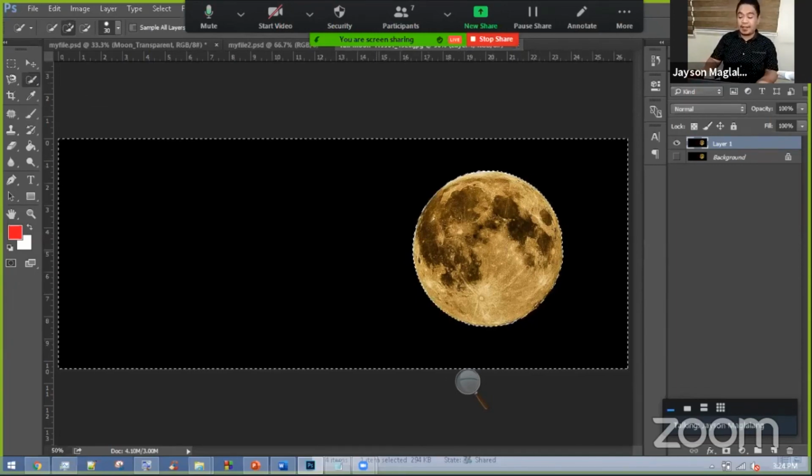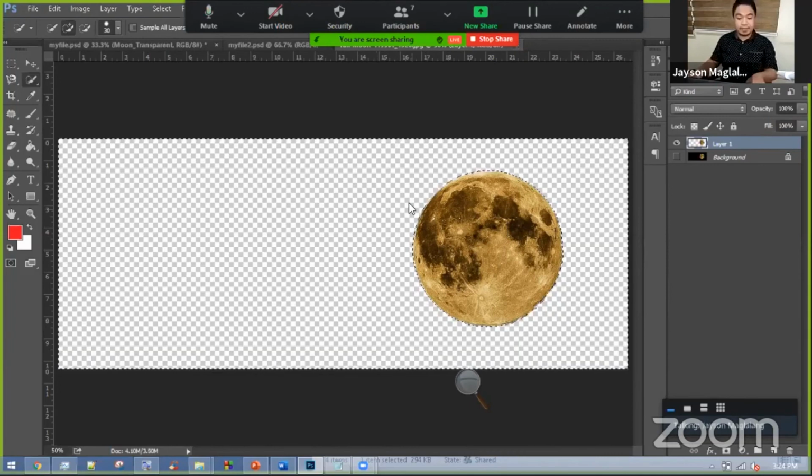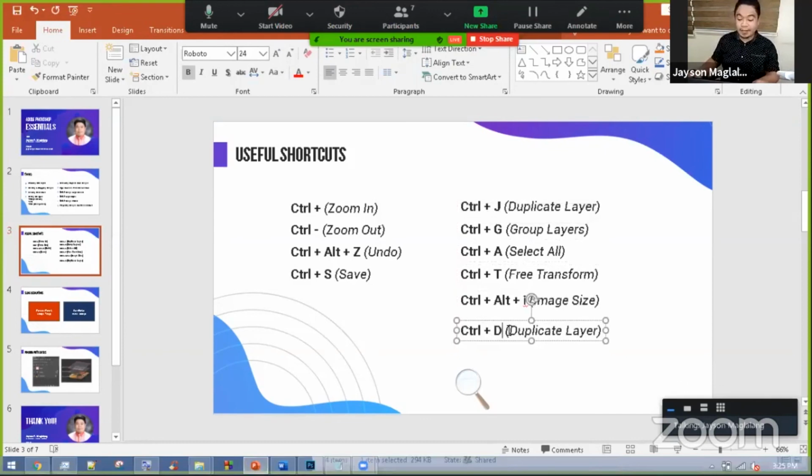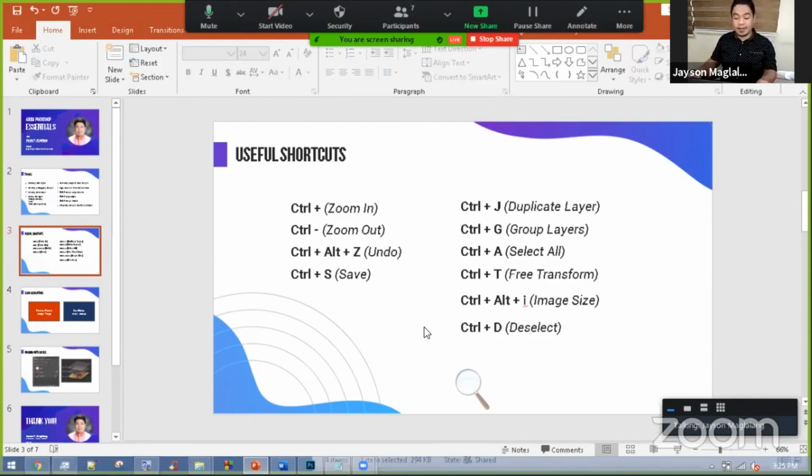Then I can now hit delete. Then Control D. Control D po yung deselect. I'm not sure if I have added that sa ating selection. Let me add it. Control D. Deselect. So, let's say mali po yung selection natin and ayaw natin siyang, gusto natin ulitin yung selection, just hit